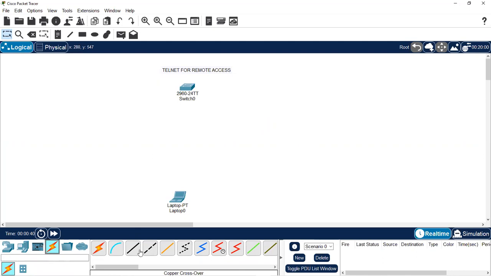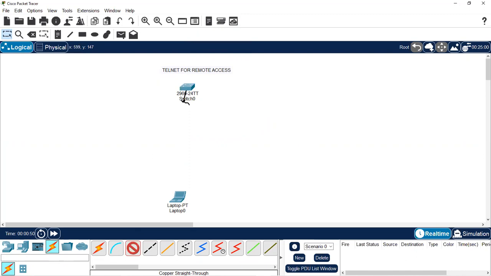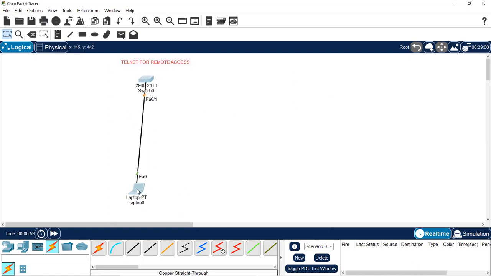Go to my connections, select copper straight through cable because these are devices that are not similar. So I'm going to use a copper straight through cable, select the FastEthernet 0/1 port and click on this laptop, select the FastEthernet 0 port. And then after doing that,